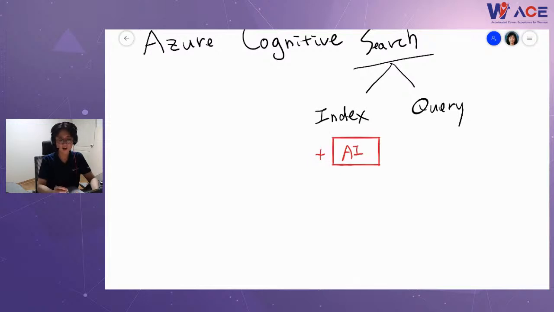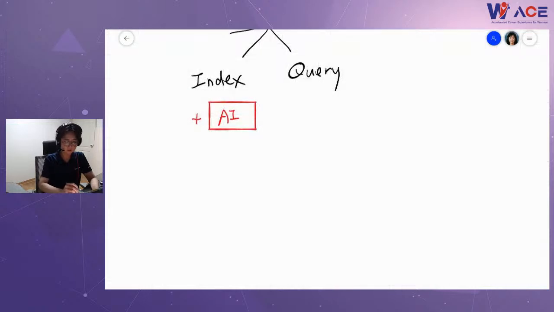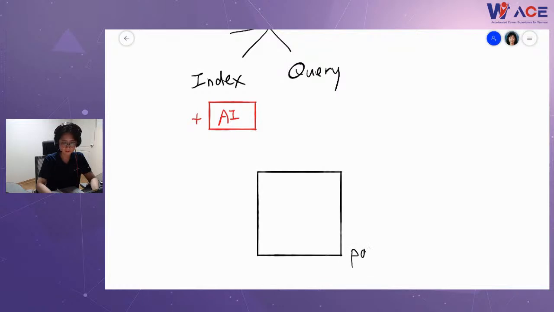This AI enrichment happens during the indexing stage. What does that mean? Let's say you have a PDF file,